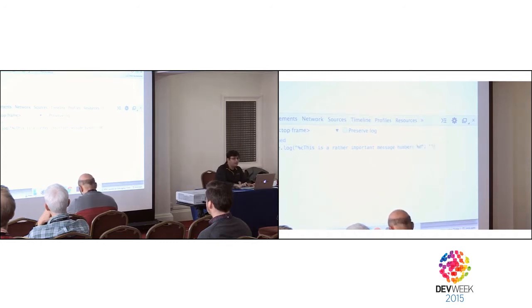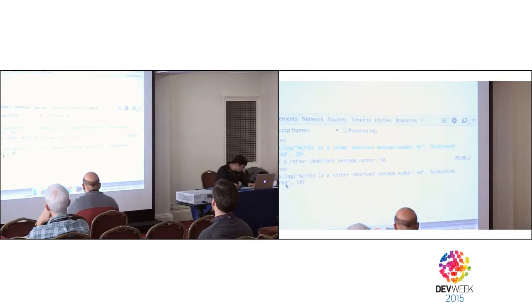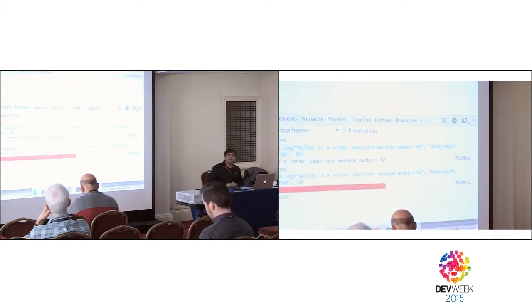And at the end here, I can specify number 10, but this %c is really interesting because here I can specify CSS like this. Oh, that didn't work. It's supposed to work, but anyway, I might have made a mistake. Sorry, where? Ah, I'm a total idiot, you're right. Color, enter, yes. So this way I can make the messages that I'm interested in